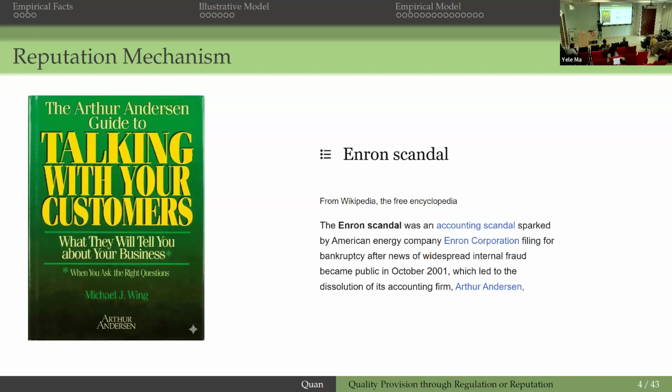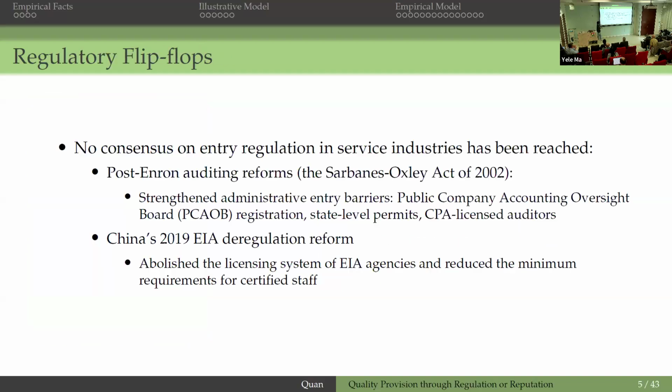And as a result, its reputation is totally ruined, and the clients do not want to seek service from this firm, and Arthur Andersen quickly went bankrupt. And on the other side, once a reputation scandal occurs, you will always find that the regulation changes. In the case of the Enron scandal, after it occurred, in the US, the auditing industry